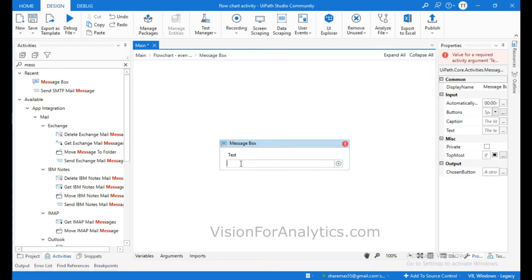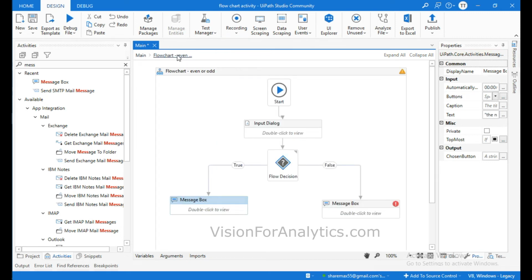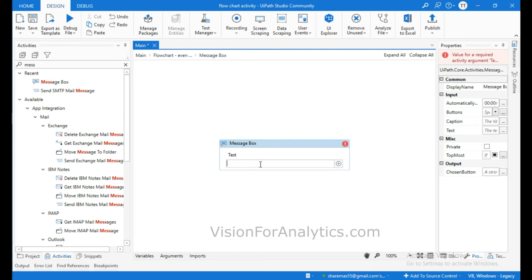And inside this I will write, the number you have entered is even. Okay, so click on this flowchart again, and in this message box I will write, the number you have entered is odd. Okay,